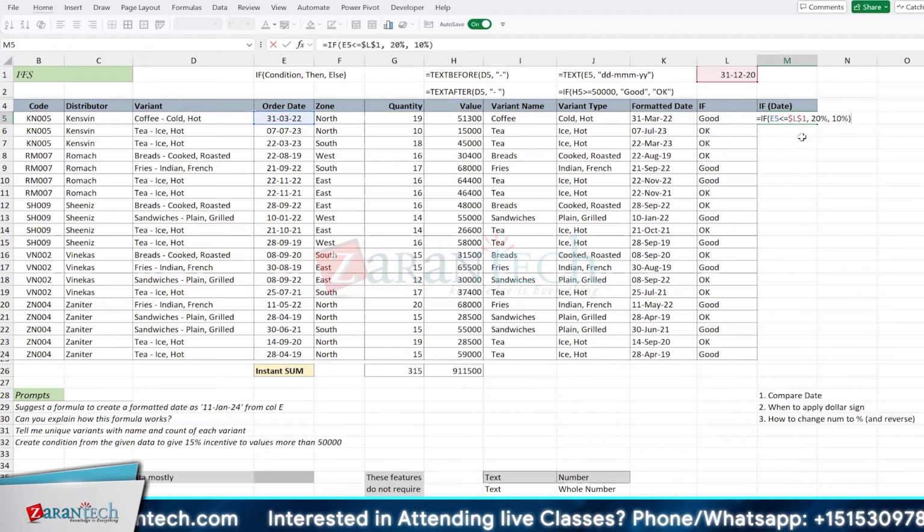Of course, I can apply row lock also in this case, but because the first block includes the row lock also, I can settle with that. The other part is 20% and 10%. Because it is negotiating these dates over here and the percentage over here, so it might not result into a 20%